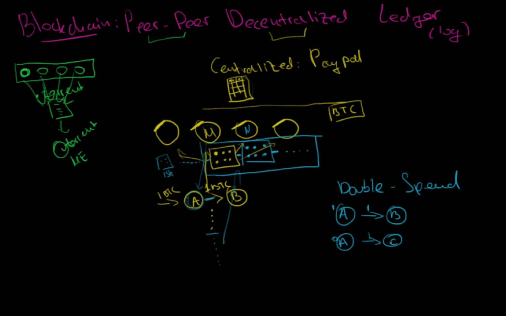With the case of Bitcoin, as soon as A makes the transaction to B for 1 Bitcoin, it goes into the blockchain and it's logged forever. When A goes for the second time, the people who are verifying the transaction will see that his balance is 0, and thus this transaction will be declined, while the first one will pass. So the blockchain solves this very important problem of the double spend problem, which was solved by Satoshi Nakamoto when he wrote the paper for Bitcoin.